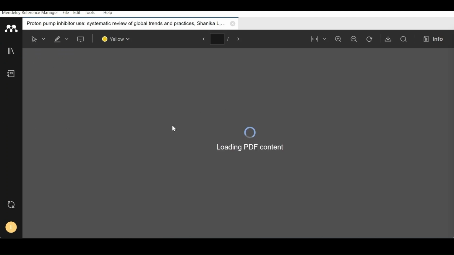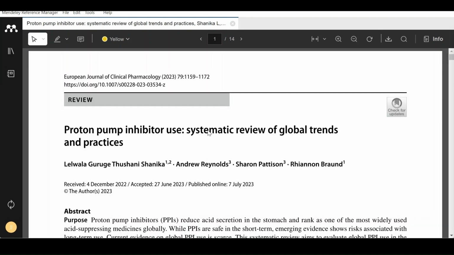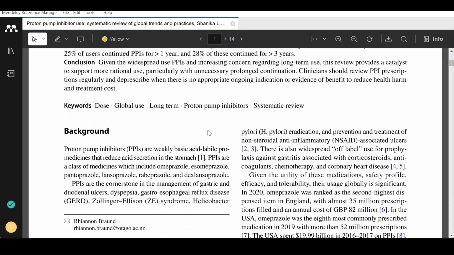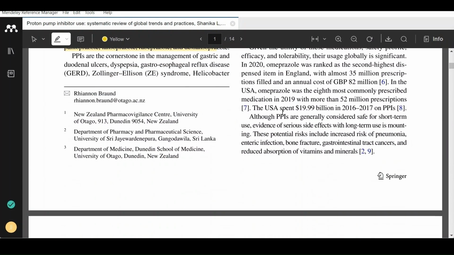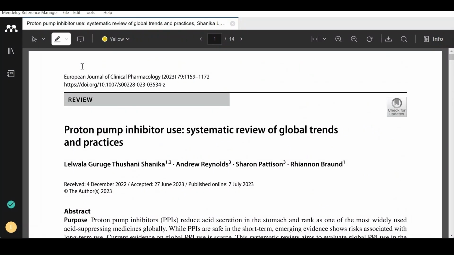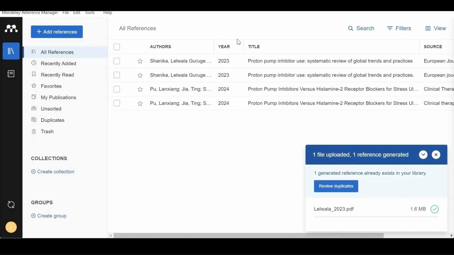You can directly go and view it here. And in this PDF itself, you can directly use annotations, like you can highlight the text. So you can do everything within this software itself. So I'm coming back again.